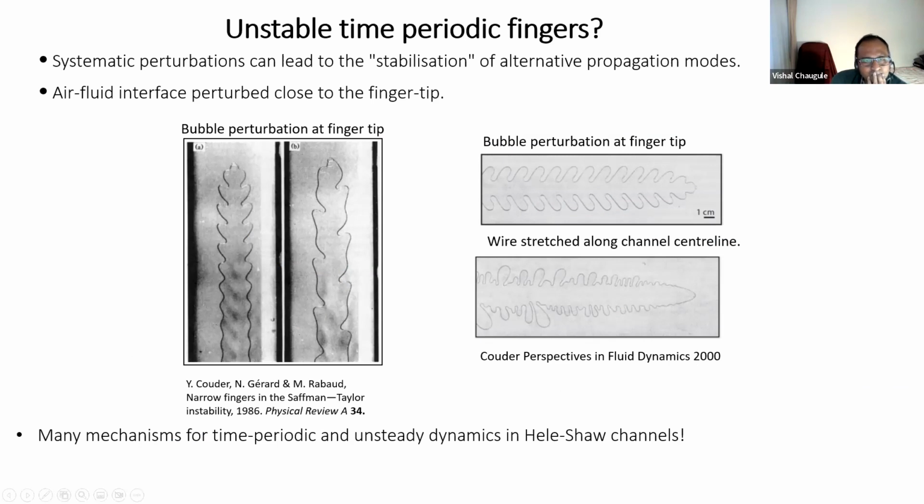My student actually did that. It's a shame I should have brought it up. He sent me a really beautiful video. So the point is that if you put a little bubble in front of a finger, the bubble moves much more slowly than the finger. So you can put the bubble quite a way ahead, and the finger will always catch up with it. Oh, okay. All right. So that's how you do it.